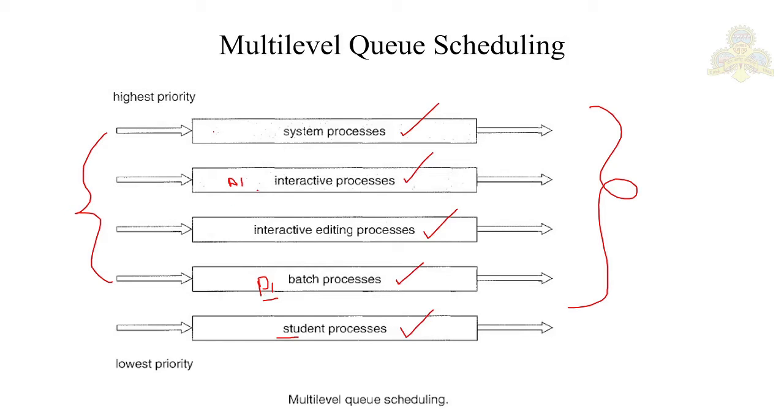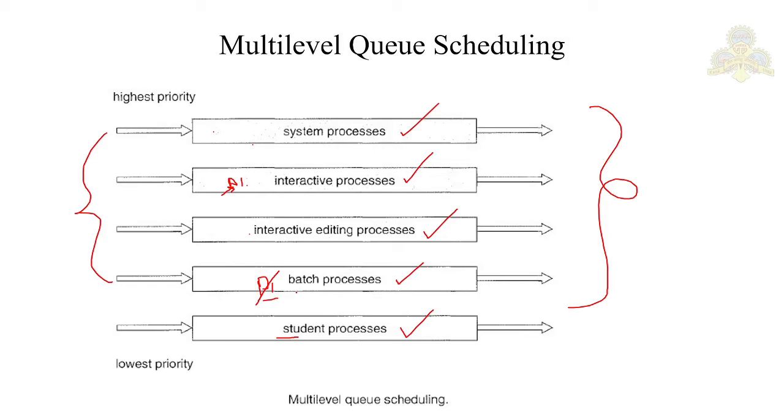So now in this situation, you were executing P1, right? So this has to be preempted and this higher priority process has to be executed. Then once A1's execution is done, you have to check again whether these three queues are empty. Only then can you take up the preempted batch process and execute it.